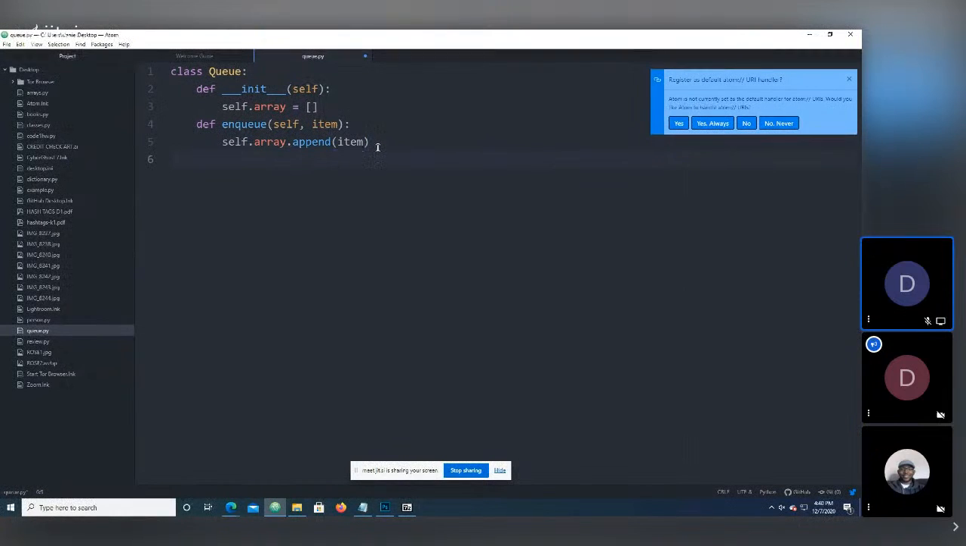Okay. So now we're going to create the DQ method. So that's DEQ. And that doesn't take in any parameter. It's an empty parameter list. And then inside of the function definition,